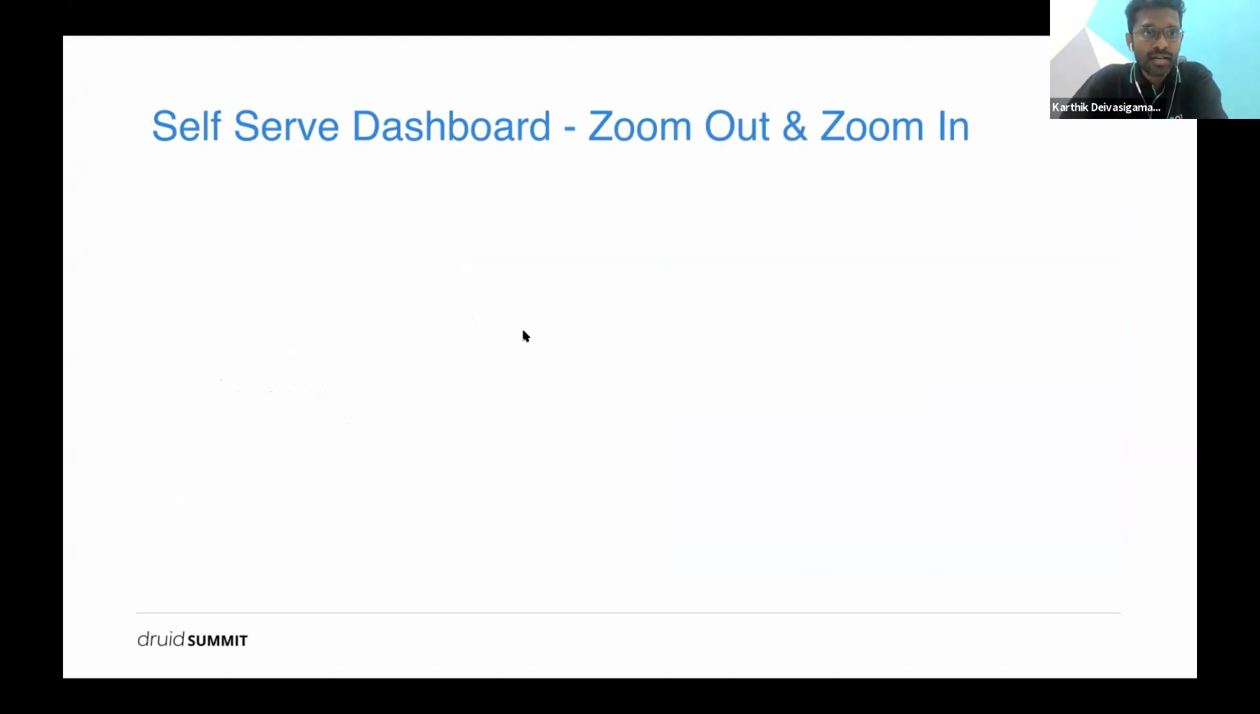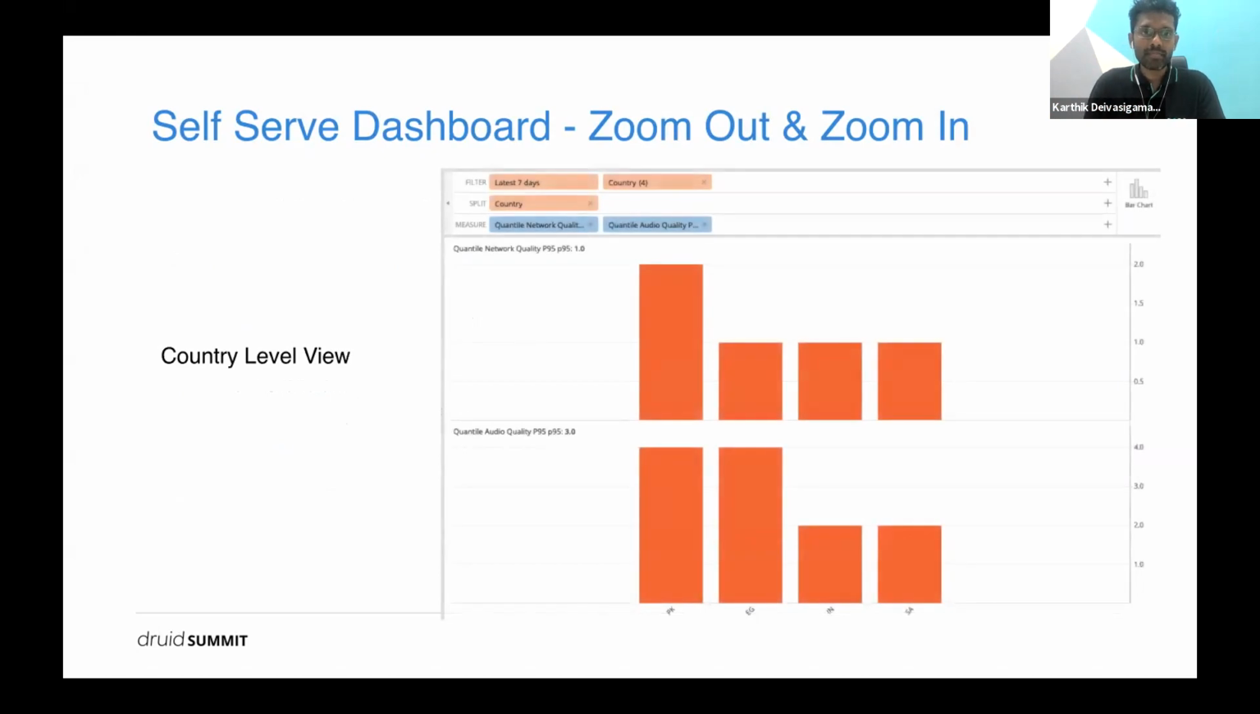So moving on to the dashboard that we actually built on top of Druid. This is how it works. We start off with a bird's eye view at a country level. This is how the dashboard looks, where you can see across these four different countries,